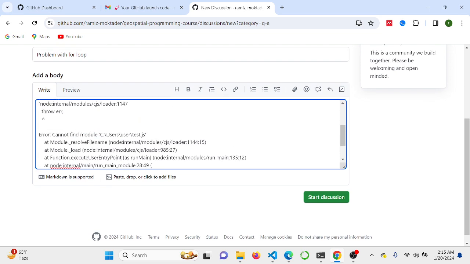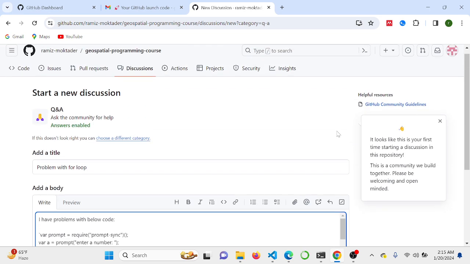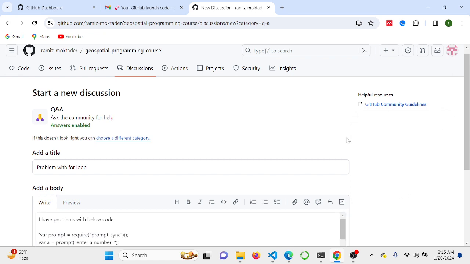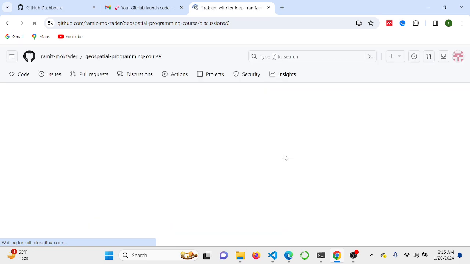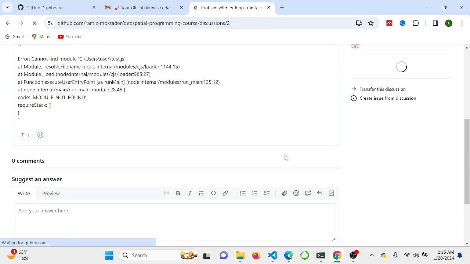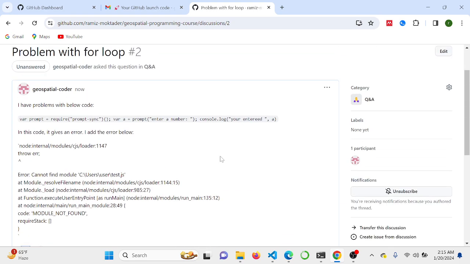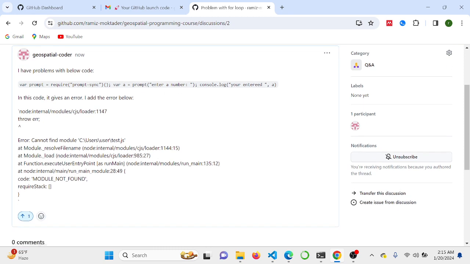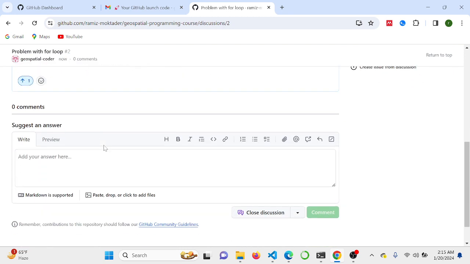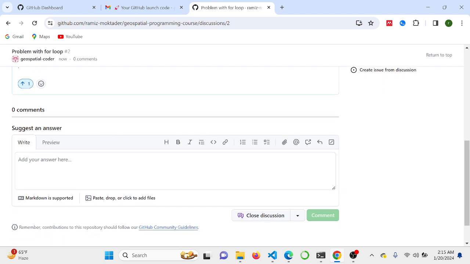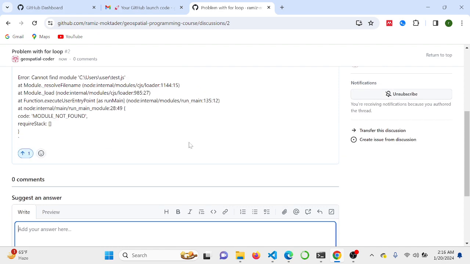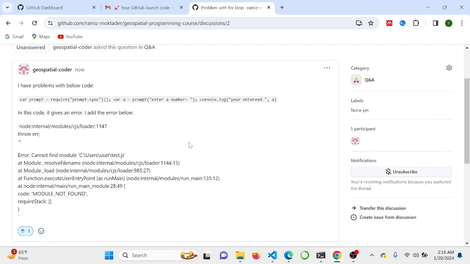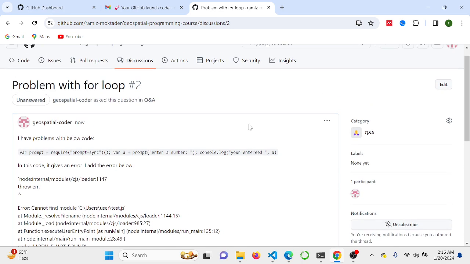So after adding that, you just submit, start discussion. The discussion is now posted. So once someone gives an answer to a question, you'll find it here, and if you come in the repository,